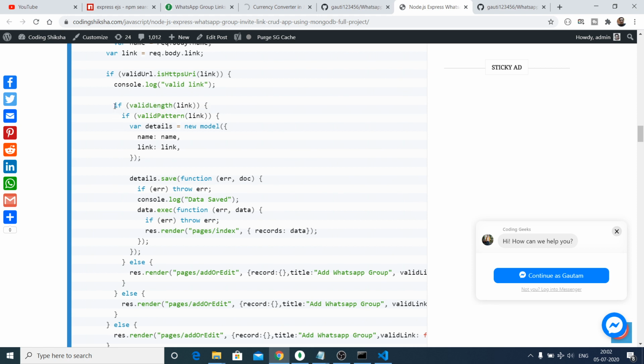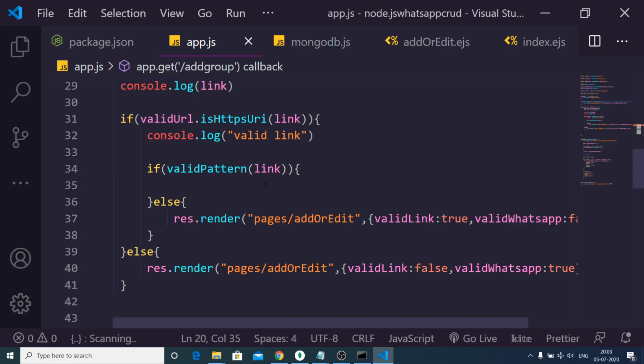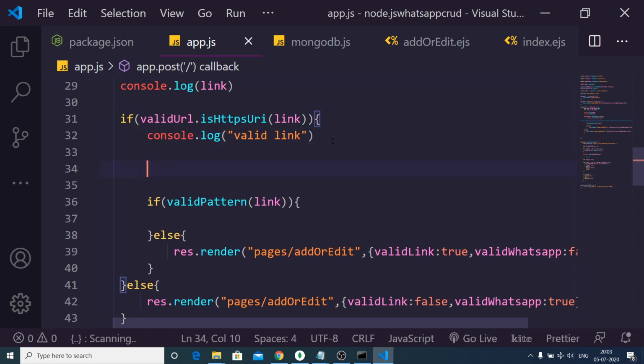So there is also a valid length function. We need to apply it just before the valid pattern one. So just before you apply valid pattern, there is also one other function which is valid length. So here you need to pass your link to it.